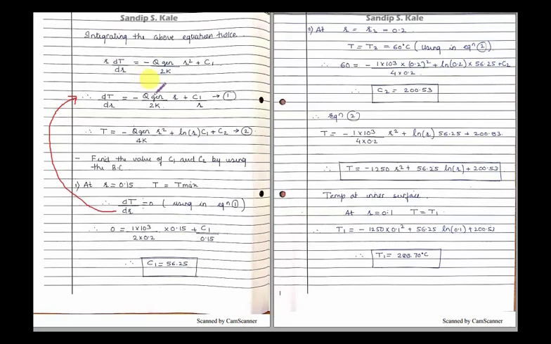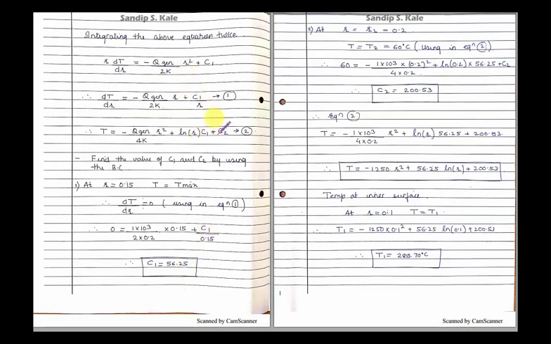The value of Q generation that is given, 1 into 10 raised to 3, divided by 2 into the value of K, it is given. The value of R is what? We will substitute R is equal to 0.15, plus C1, that is unknown, divided by 0.15. So after necessary mathematical calculations, you will find the value of C1. So you have got the value of C1 now. So the first task is completed now.